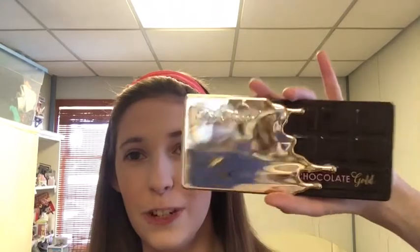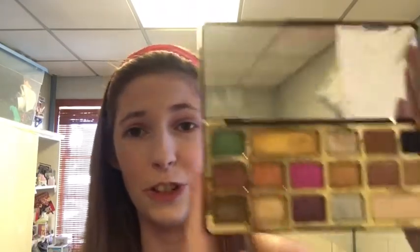Are you? Okay. So what I'm going to use now is the Too Faced Chocolate Gold palette. I'm quite late to the game here. Is it late to the game or late to the party? Late in the game? Maybe late to the party, late in the game. But I got a really good deal on it, so I decided to finally get it,